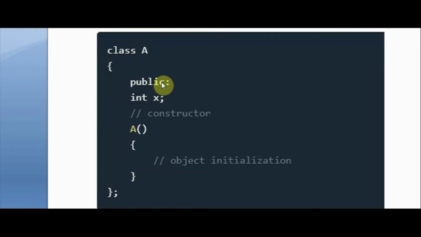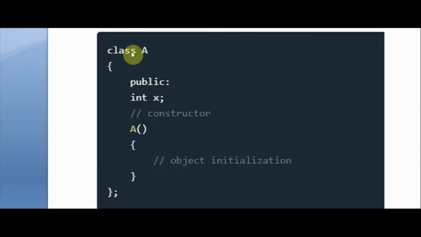So a constructor initializes the values of the object members after the storage is allocated to the object. Remember one thing: whenever you create a variable, the storage is not allocated at that time. When the object is used and initialized, then the memory is allocated. Here is an example of how to create an object.